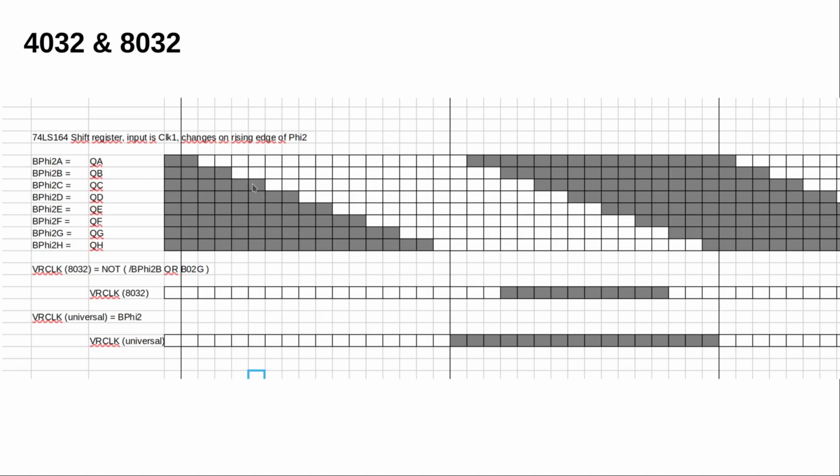You have one signal, you put it in a shift register that is clocked with a very high clock, and you get all those different phases of the original signal. Then you can just take two or more signals of those, connect them with some logic, and you can basically get any kind of derived signal very easily. So the video RAM clock is defined as this NAND of not Phi2B or Phi2G,